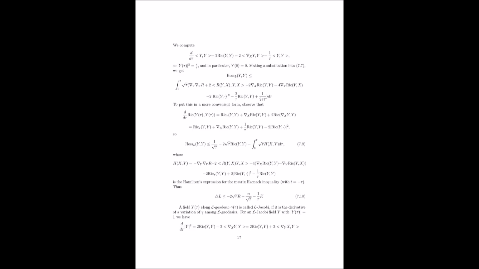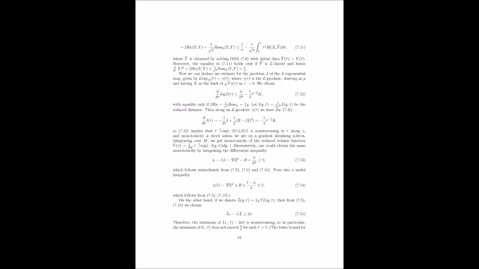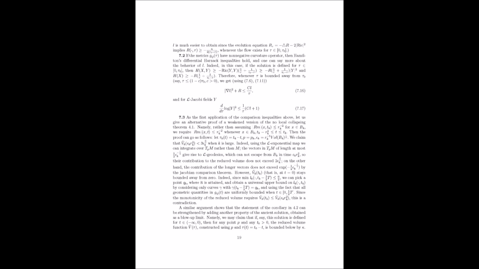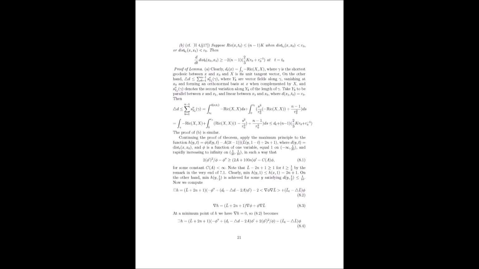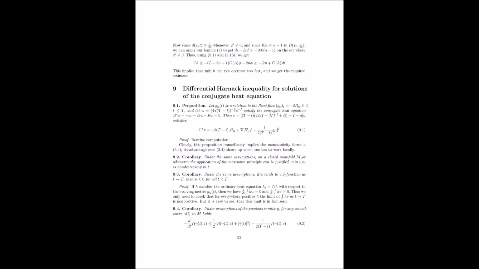To really grasp it, we need to shift our perspective a bit. Imagine our crumpled piece of paper, but now it's embedded in a much larger, higher dimensional space. Okay, I'm trying to picture that. Think of the Ricci flow happening on our three-dimensional paper as a shadow of a process happening up in this higher dimensional space. So the Ricci flow is like a projection of something more complex. Exactly, happening in some unseen realm. Now, the reduced volume is a way of measuring the size of this shadow in a meaningful way. So it's giving us information about this higher dimensional context, even though we're focused on the three-dimensional flow.